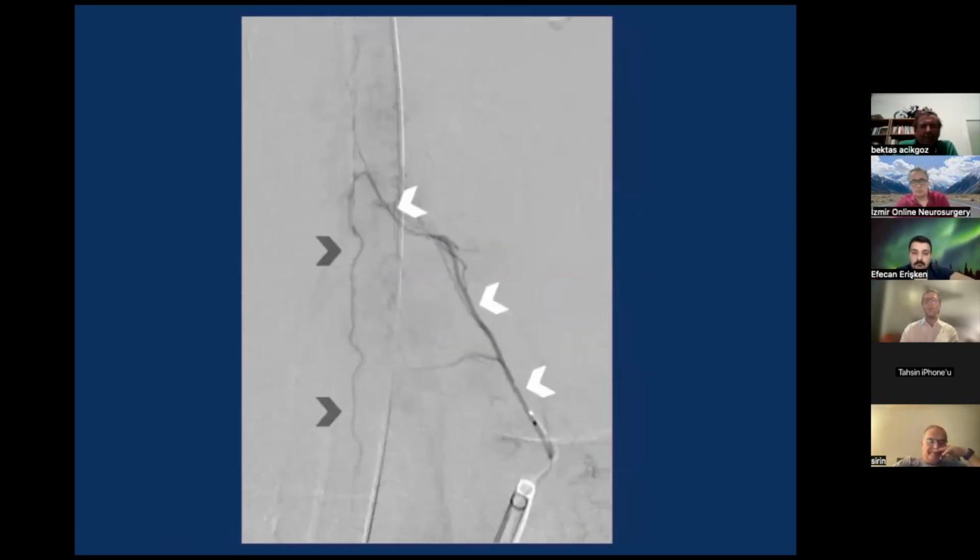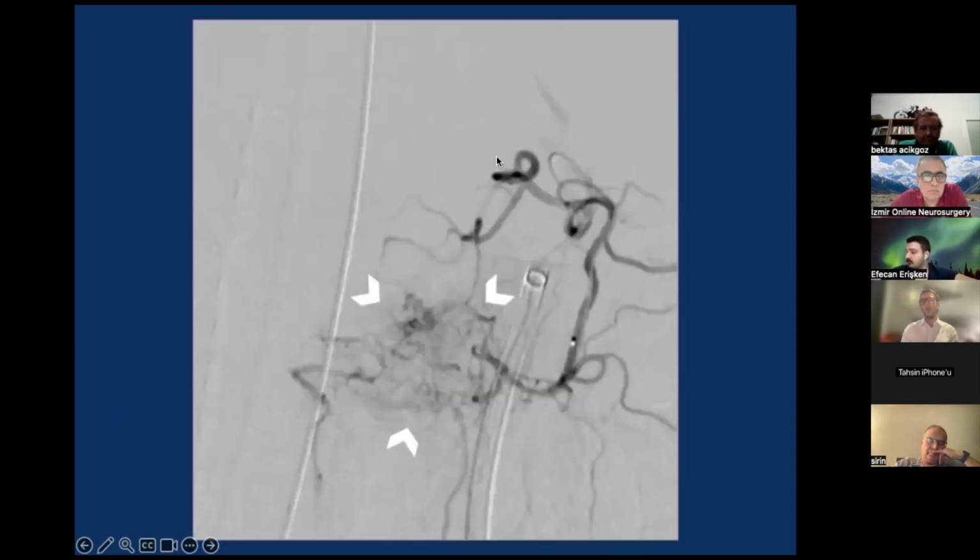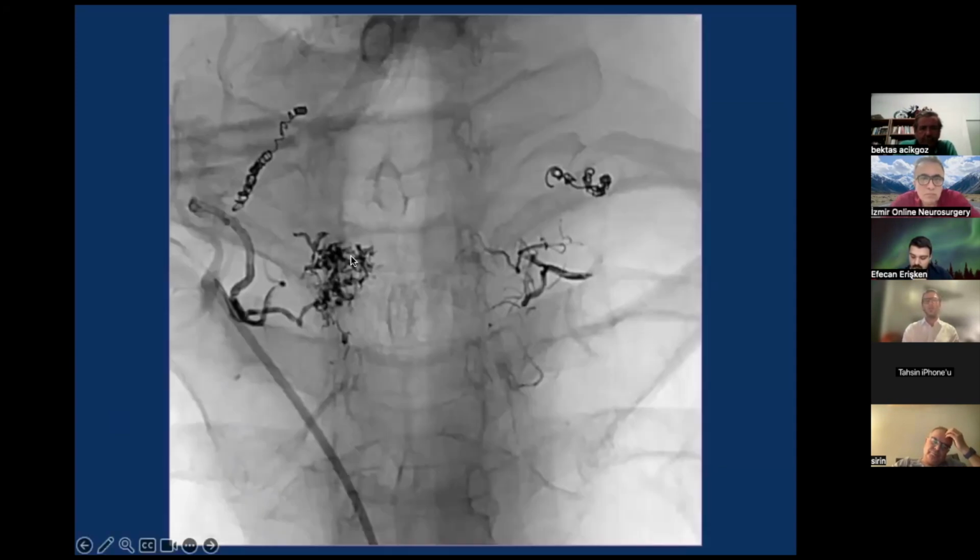So what did we do? This is the ultra-selective injection through the radiculomedullary artery feeding the anterior spinal artery coming from the deep cervical artery. So what did we do? We navigated a microcatheter in the supreme intercostal artery, and we occluded all these vessels which were feeding the hemangioma. We occluded this vessel with coils and with liquid embolic agent, with EVOH, and we did the same on the